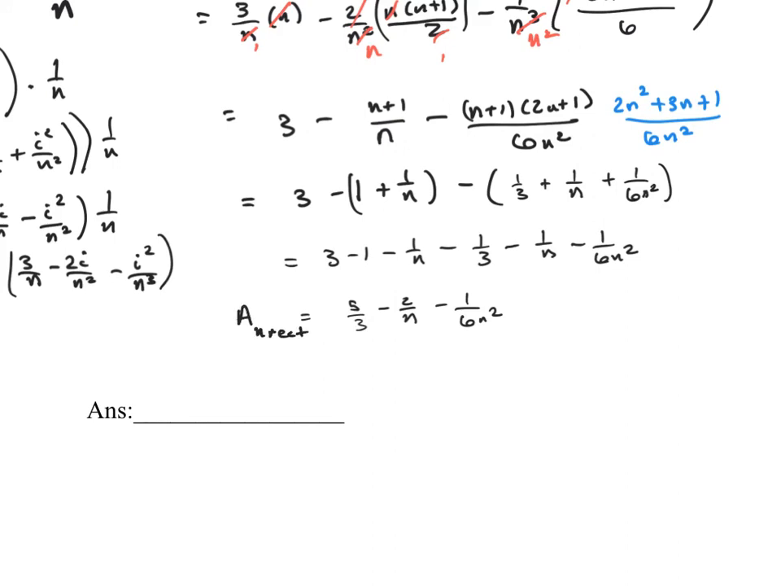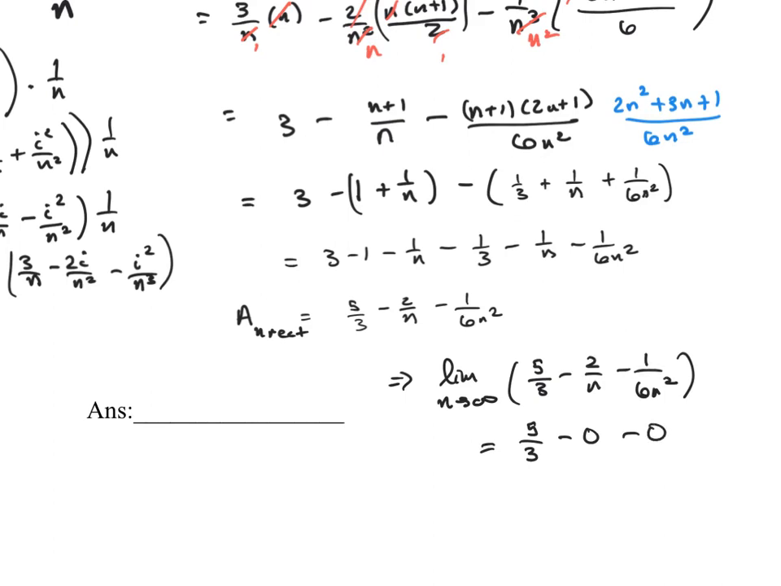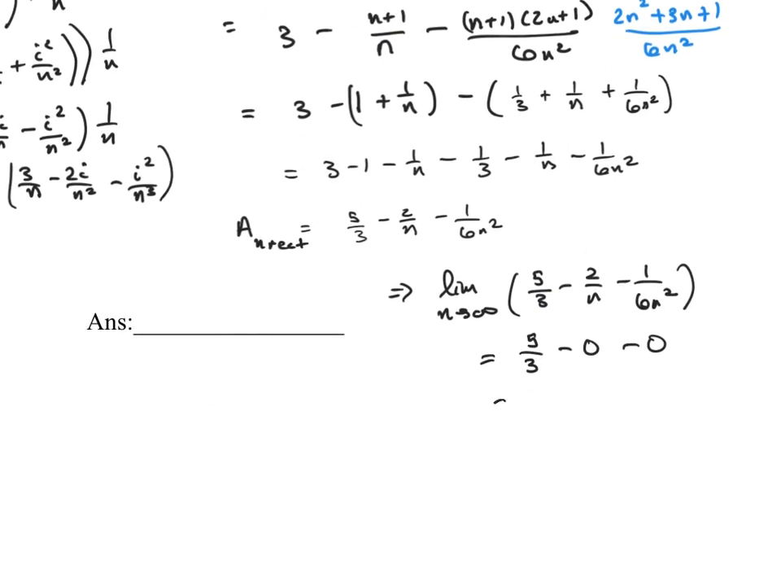But what did we want? We wanted that number of rectangles to approach infinity. So if you think about the limit as n goes to infinity of 5/3 minus 2 over n minus 1 over 6n squared, what happens with that? Well, the limit of a constant is the constant, so that'd be 5/3. 2 over n's going to approach infinity, so the bottom gets bigger, which means the overall thing approaches 0. And 1 over 6n squared, again, the bottom gets huge, so the overall thing approaches 0. So what's the limit as n goes to infinity? It's